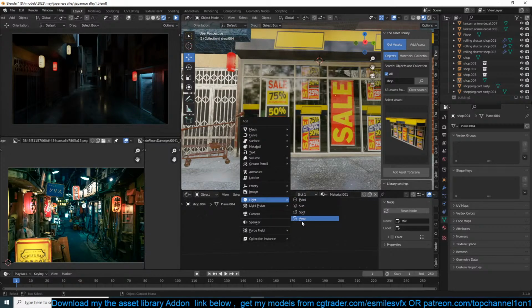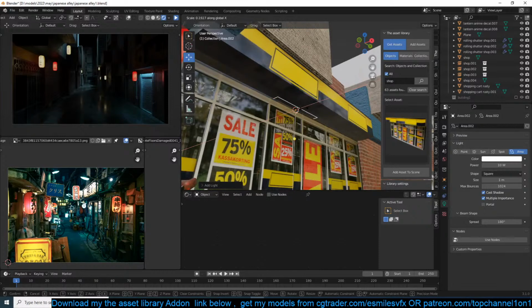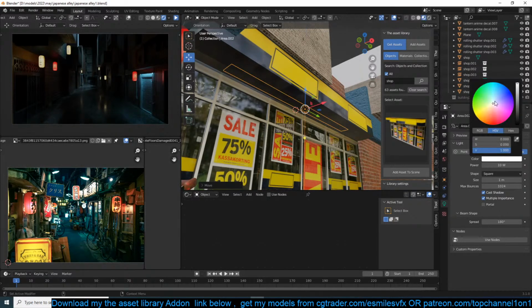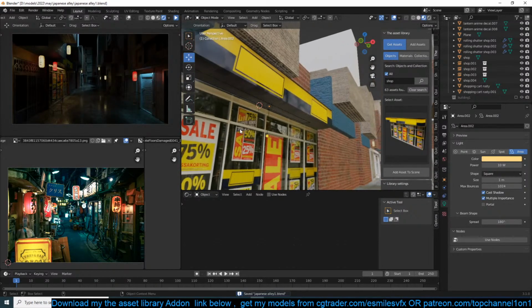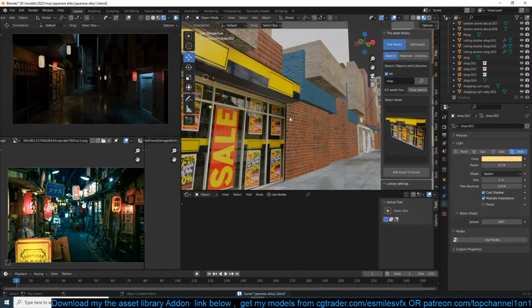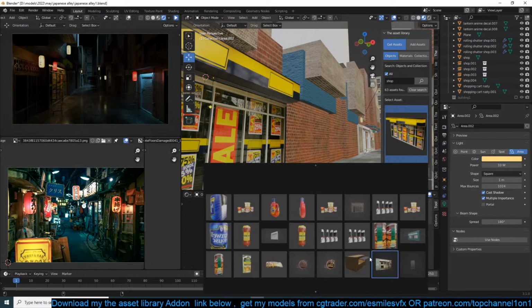That's an area light here. Let's do 10. Perfect. Let's grab another one. I think I have another shape.